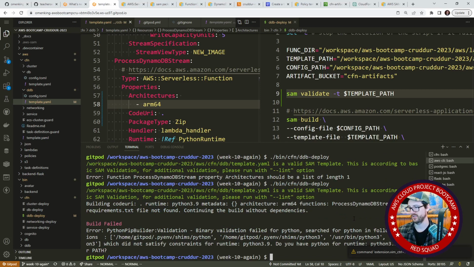Okay, requirements.txt not found, continuing to build without dependencies. Binary validation failed. Search for Python in the following location, which did not satisfy the constraints for runtime 3.9. Do you have runtime 3.9 on your path? So I guess this is one advantage of using containers, is that if you use containers, it's going to build